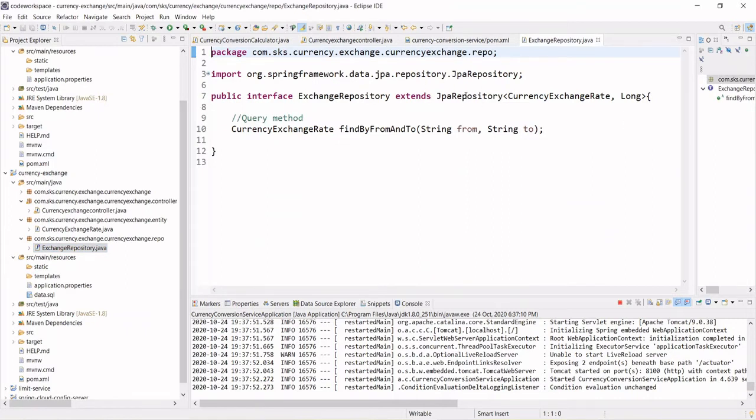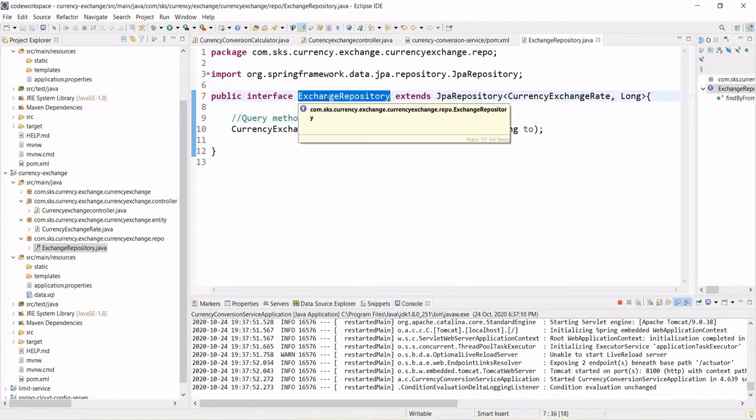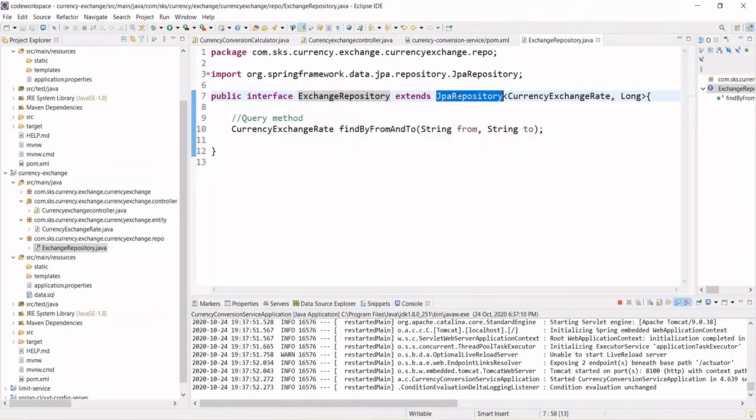To connect to the JPA repository, we wrote that interface. In the same way, for the Feign client, to call the microservices, we will have to write a proxy interface. So here we will be writing the proxy interface to talk with the other microservices using the Feign client.